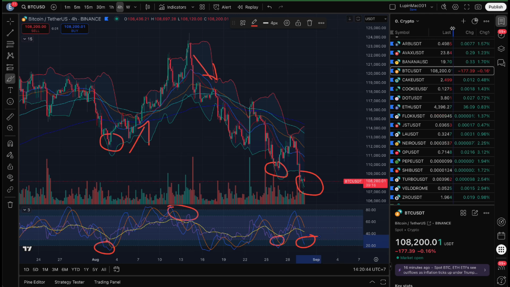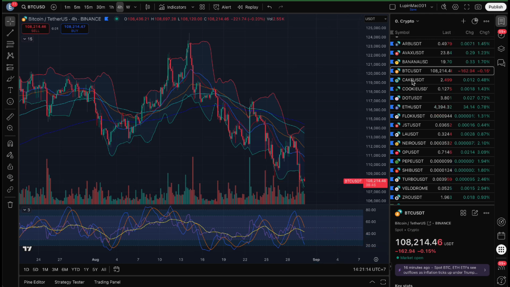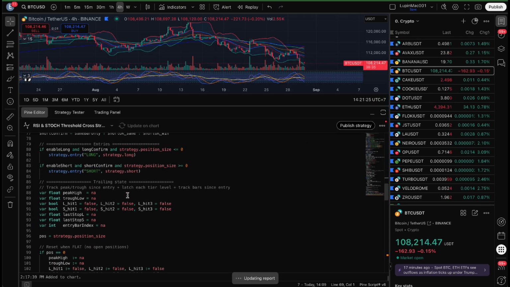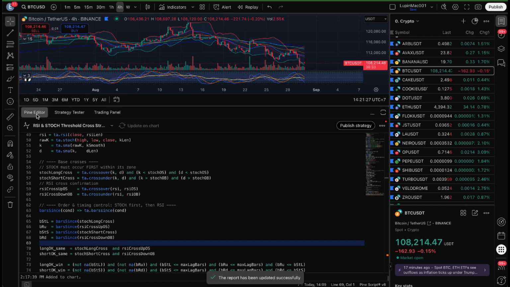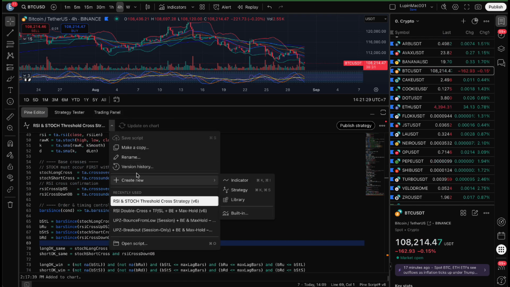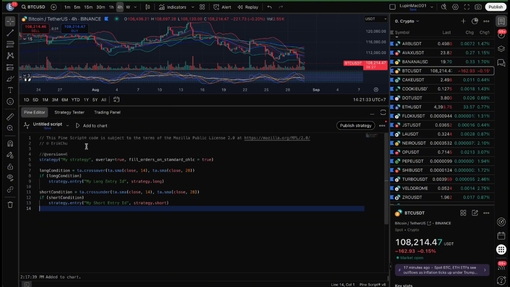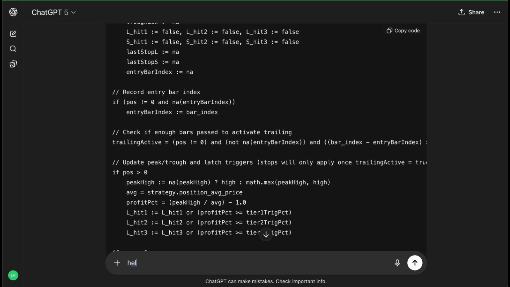3. Implementing in TradingView with AI help. Step by step. Open TradingView. Choose your symbol, e.g. BTC/USDT, and time frame. Open Pine Editor, bottom panel. Create a new script. Delete the default code. Use ChatGPT to generate Pine Script v6 from your requirements. For example, a Pine Script v6 strategy: